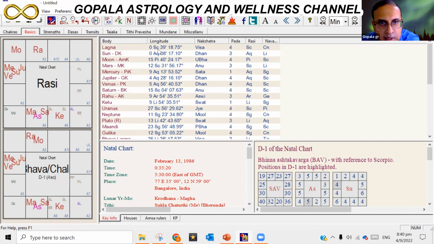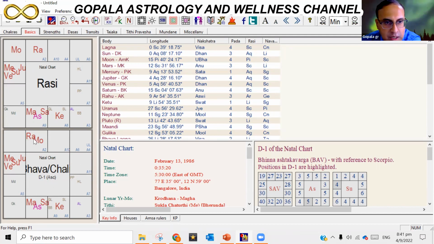We have to give a lot of importance to time of birth here because you look at the Lagna, it is just 0 degrees and 39 minutes, right? It is just entering from Libra to Scorpio. It's in that Sandhi column. And the rest of the chart, in fact, everything looks the same, except for